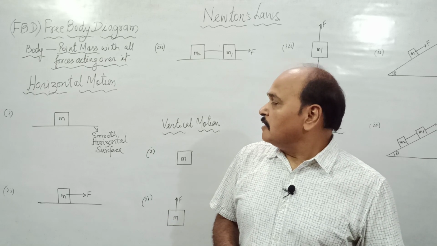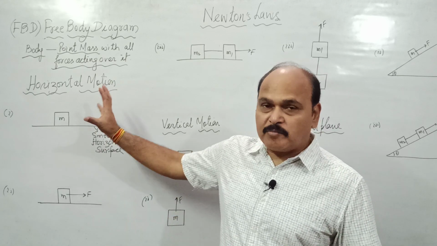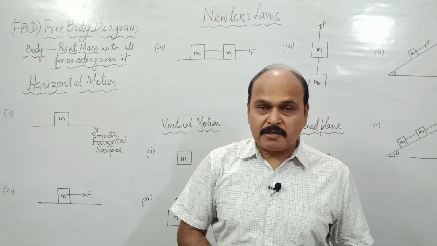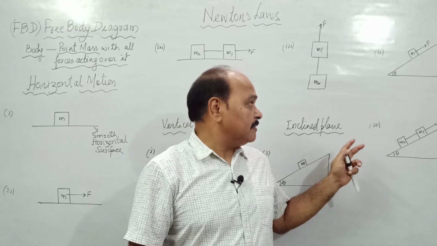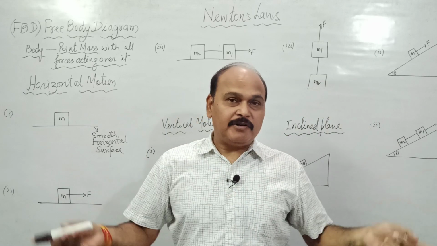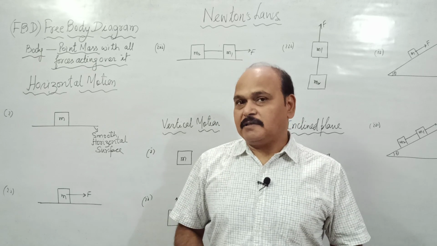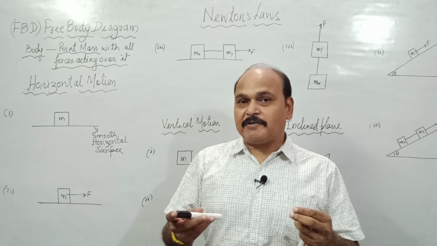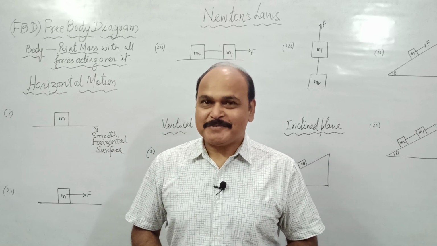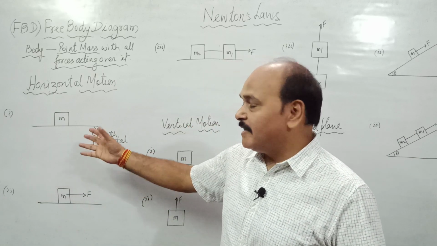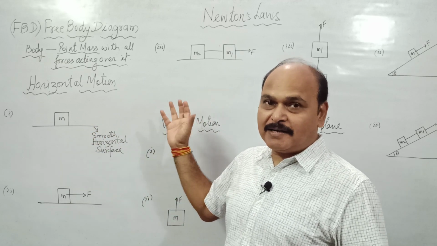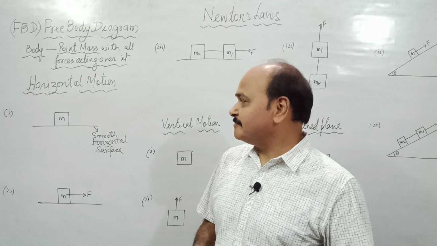Well, let us study horizontal motion, and then we will study vertical motion, and thereafter we will study motion over an inclined plane, and finally we will study the Atwood machine. Thereafter we will start combining all four types of motions. So these are just the beginning, the concepts related with horizontal, vertical, inclined and Atwood machine.